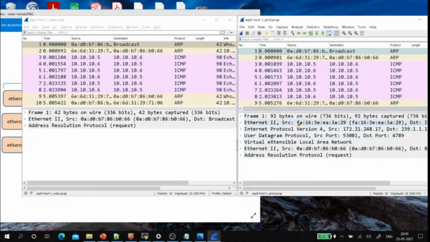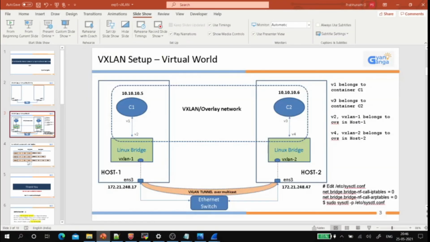See here, this FEA16.3 is the MAC address of the host interface, and then it builds the IP header, then the UDP header, then the VXLAN header, then the inner header. So the data which comes out of VXLAN 3 will be this. Finally, the frame builds the VXLAN tunnel under which you send this. So when the data crosses ENS3, this is safely delivered here.